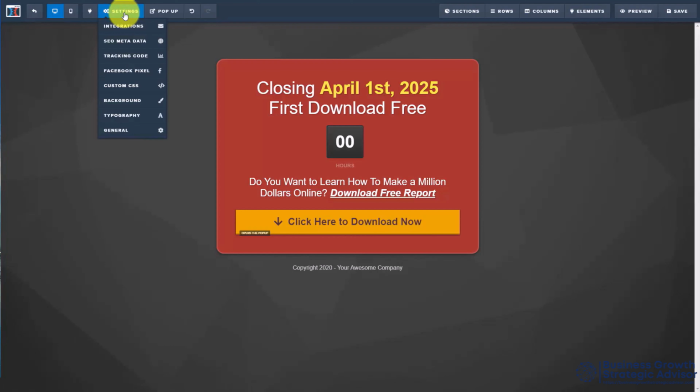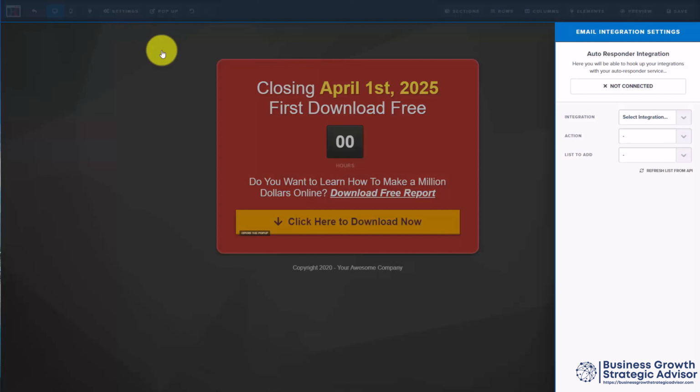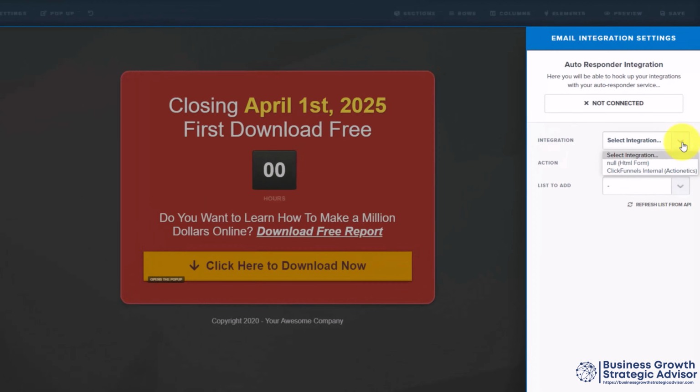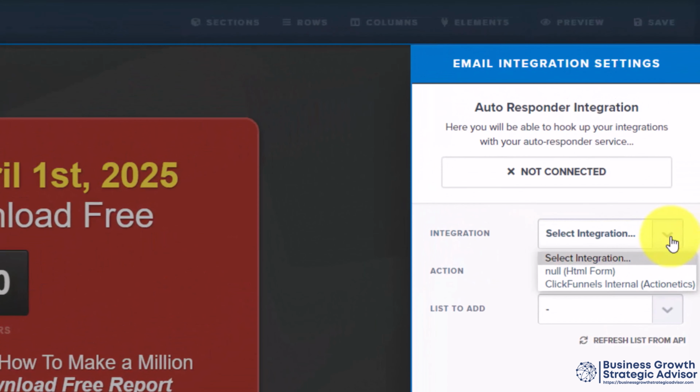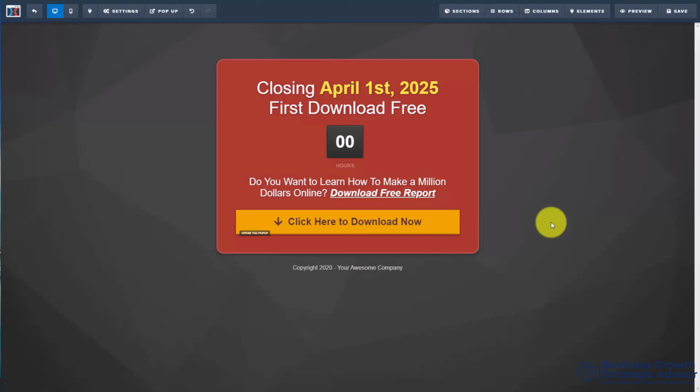Welcome back. Now, in the settings area, you're going to see that there's going to be an integrations tab for every page. When it comes to the opt-in page, you'll notice that you'll need to have an autoresponder integrated into ClickFunnels in order to use it with this opt-in page. Because what you're going to do here is you're going to select your integration in order to use for the opt-in. So to set up the integration, what we're going to do is go back to the dashboard